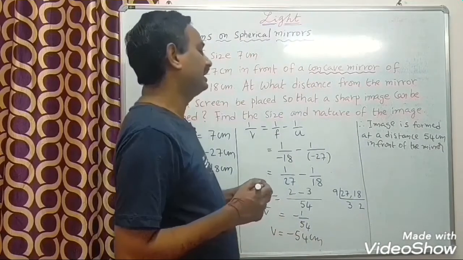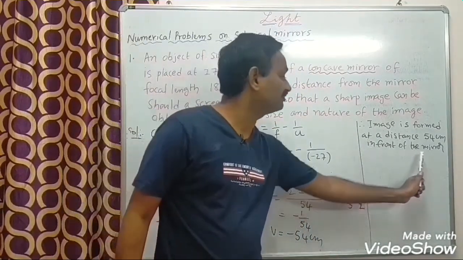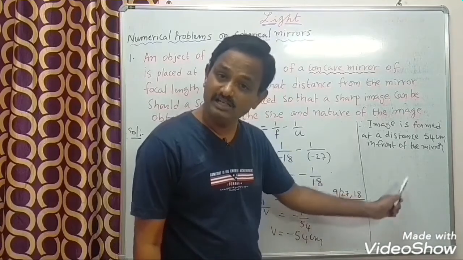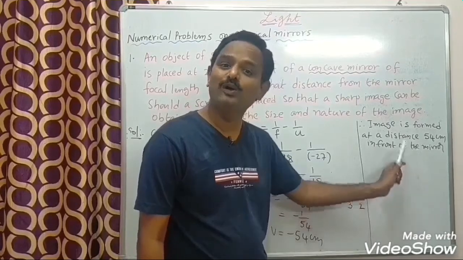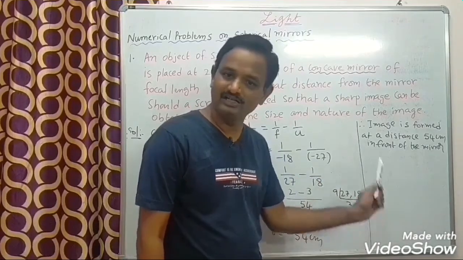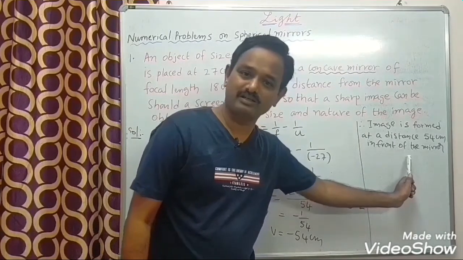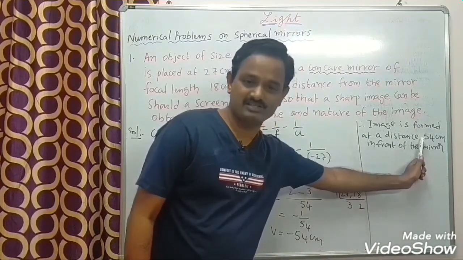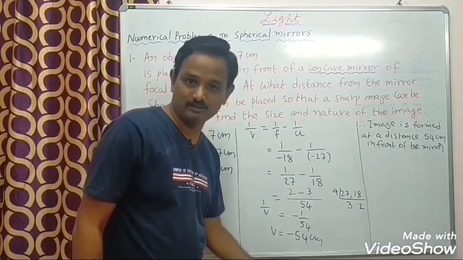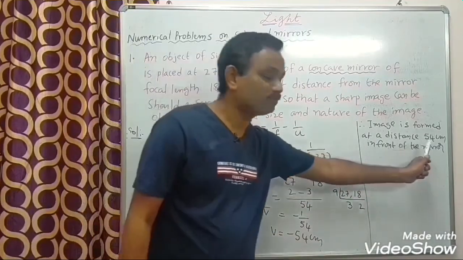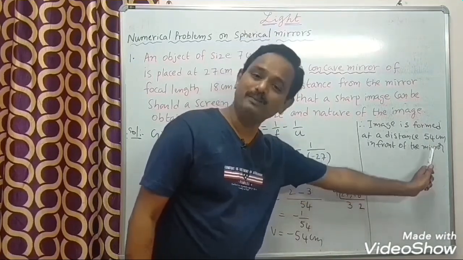See, I didn't write minus here. Why didn't I write minus? Because I am saying here it is in front of the mirror. In front of the mirror means it is a real image, and it is along the negative x-axis. So that indicates the minus sign. Here I already wrote in front of the mirror, that's why you need not take minus here. But while writing a number you should take it. Whenever you are writing a sentence, you should not take it. Instead of that minus, I said in front of the mirror.